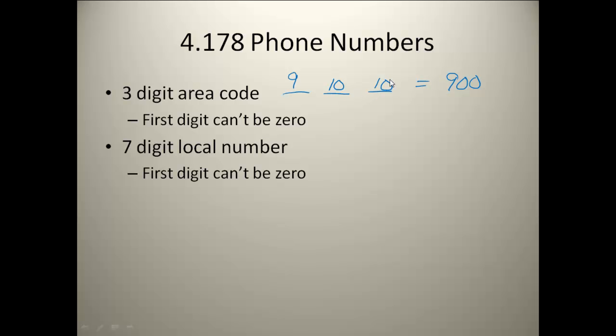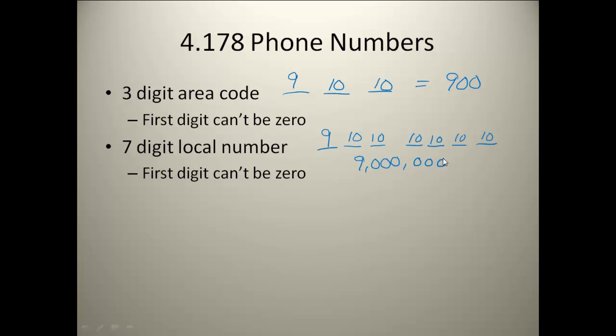Part B wants to know how many local telephone numbers are possible. So now they're just looking at the 7-digit. And our first digit can't be 0, so we've got a 9 there, and all the rest of these have 10 different options because they can be any of 0 through 9. Multiply those all together and we get 9 million